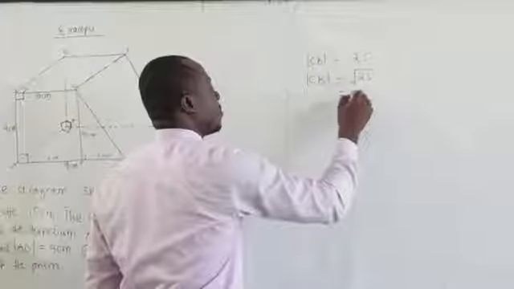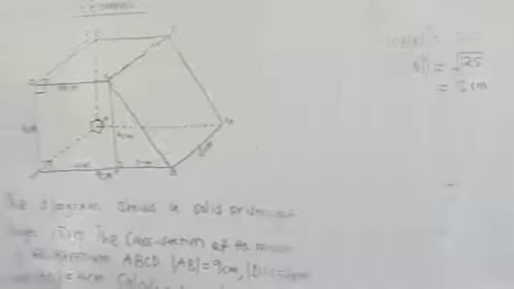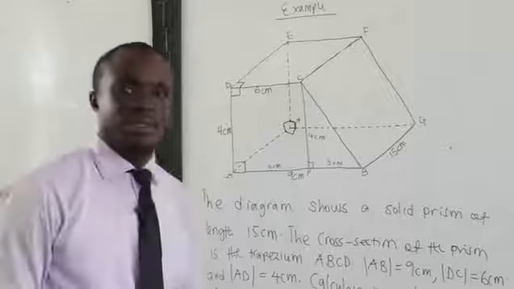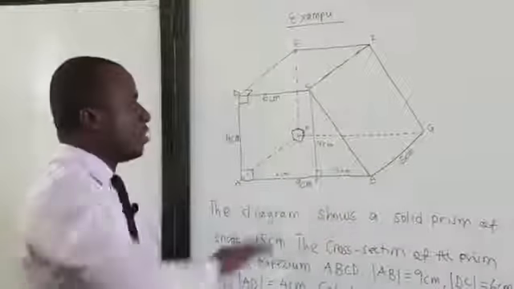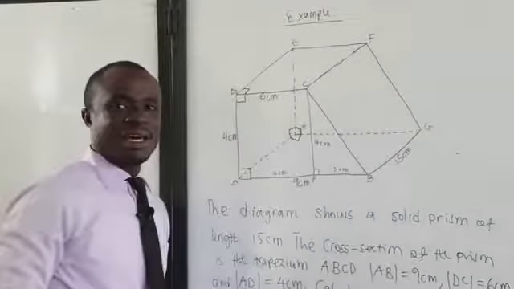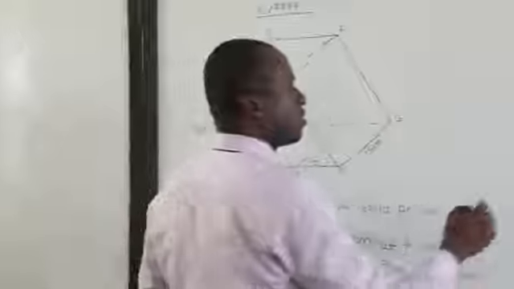And this is 5 centimeters. Now let's see, so we now know CB. We want to find the total surface area. So the area of the trapezium, so this side and that side are the same, so we have to multiply it by 2. So our total